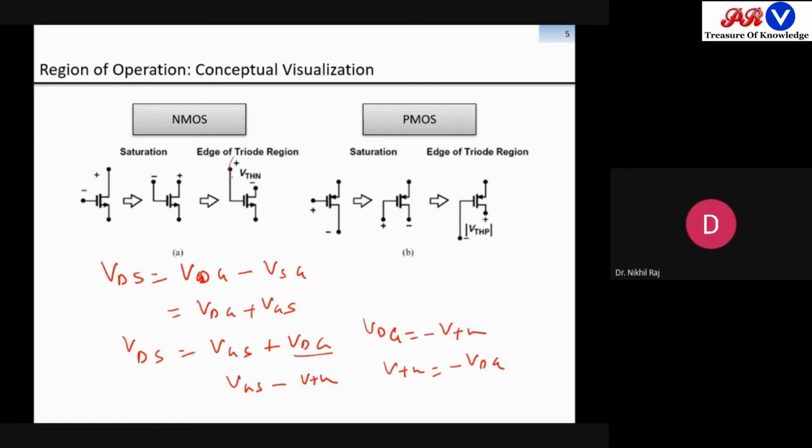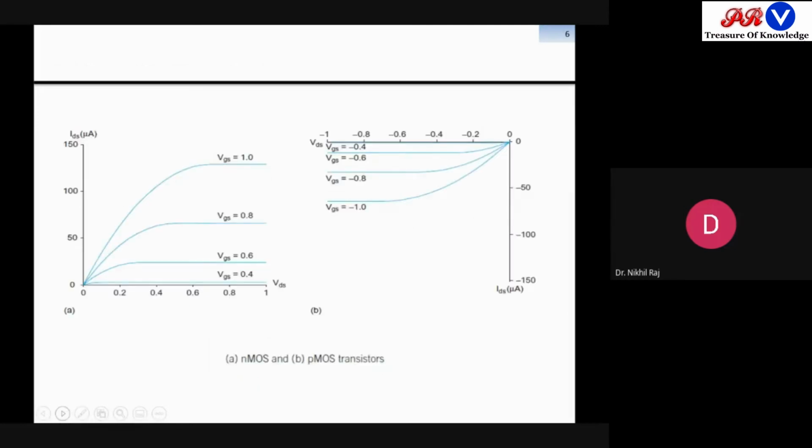So that is shown here. Fine. Similarly is the case for the PMOS. So just by looking at the symbol also we can identify the region of the MOSFETs. Now coming to the IV curve, this will be the IV curve. Okay, we have seen this curve. And for the PMOS, what will happen? The quadrant will change from the first, it will go to the third quadrant because ID will become negative, and for the negative VDS value, it will show the curve.